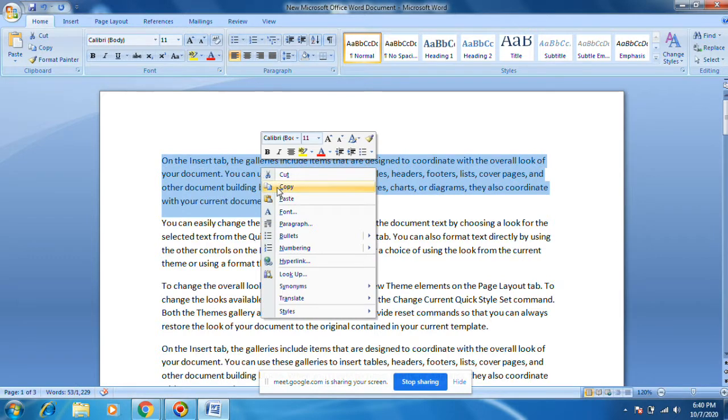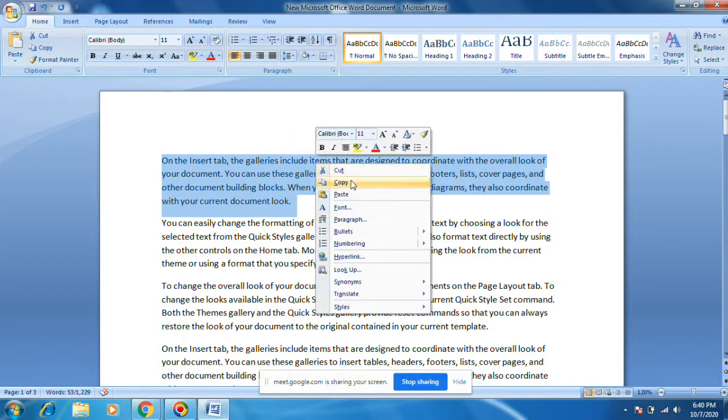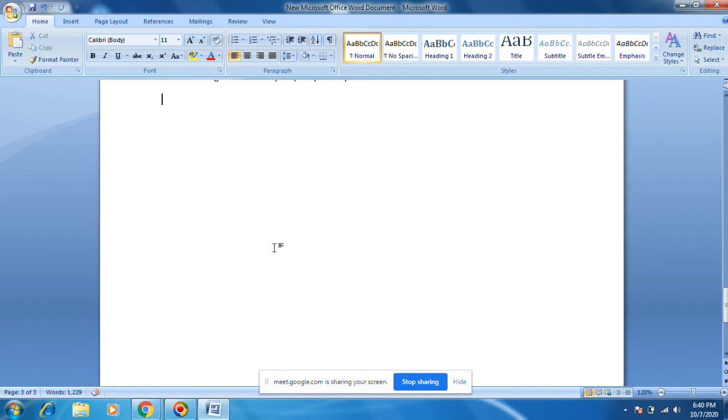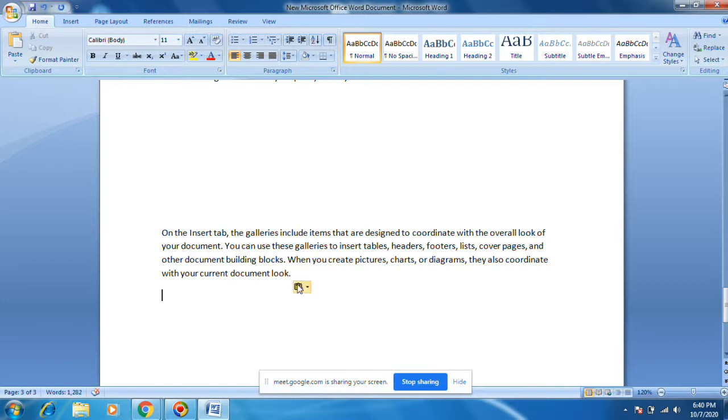You need to do right click. This is the right click window. Right click, copy. I want to paste somewhere else. Right click, paste. This is the first one, copy paste.